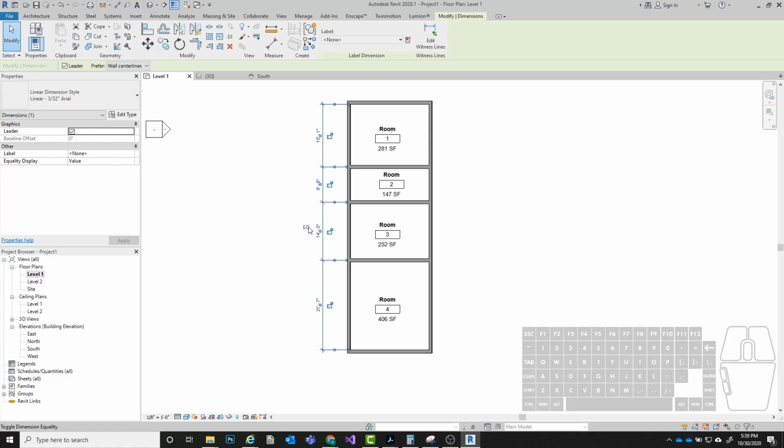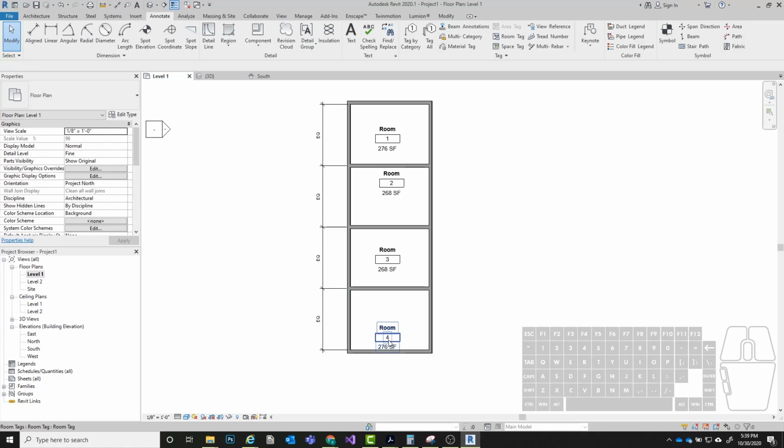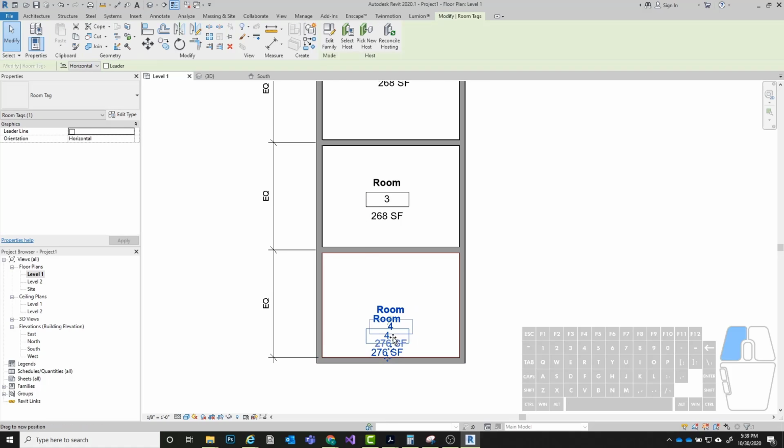Then we can go here to this EQ button, and you can see it says toggle dimension equality. When I do that, it's going to make all of these dimensions here the same. And when it does that, whatever object is tied to those dimensions will move along with them. So if I click on EQ, you can see now all these have moved, and it looks like